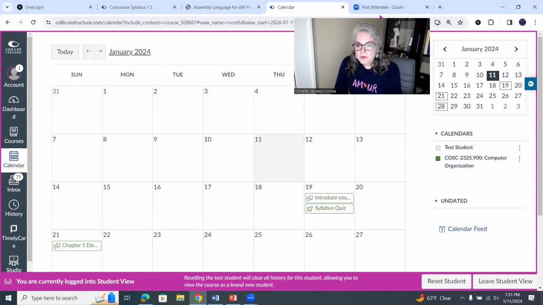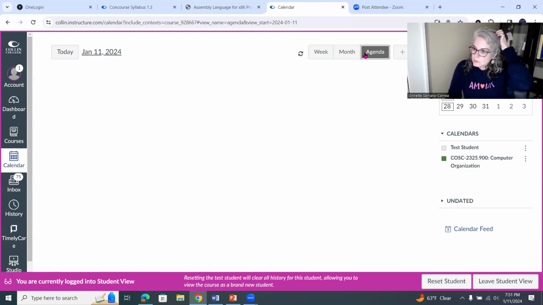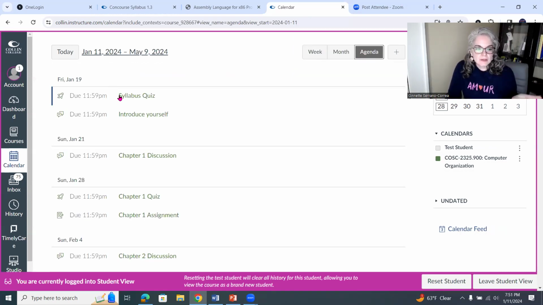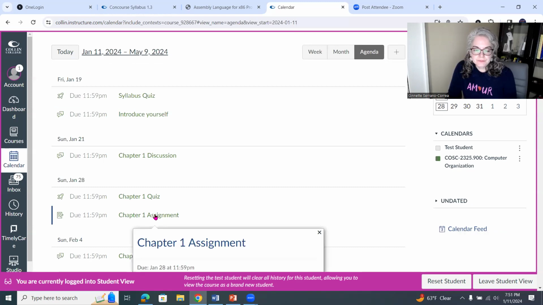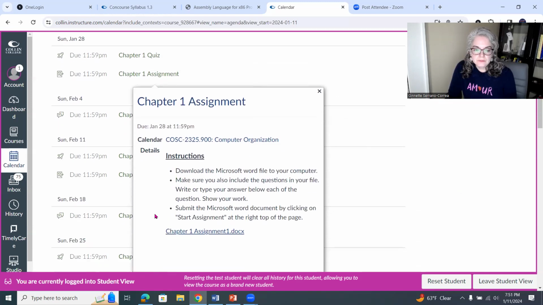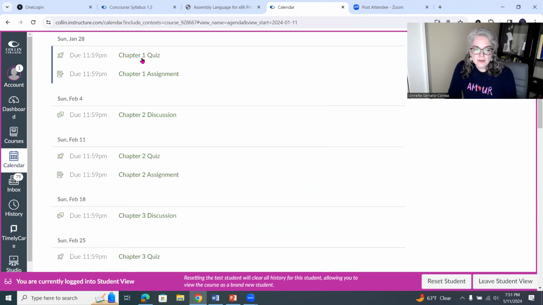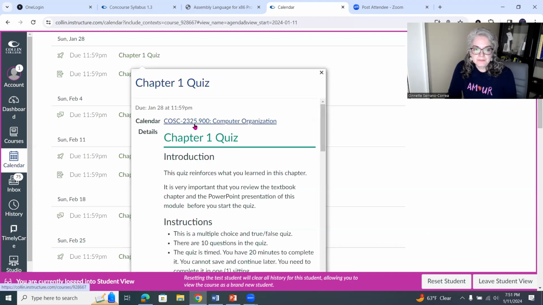You can also look at it as an agenda view, which gives you every week. You can click on it and it takes you to the assignment. It gives you the assignment instructions, and you can click on that. Click on chapter 1 quiz.